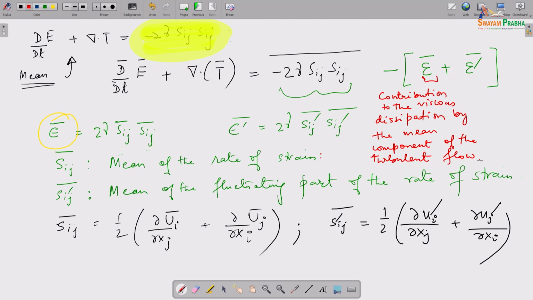Makes sense? And therefore, this one on the other hand is the contribution to the viscous dissipation by the